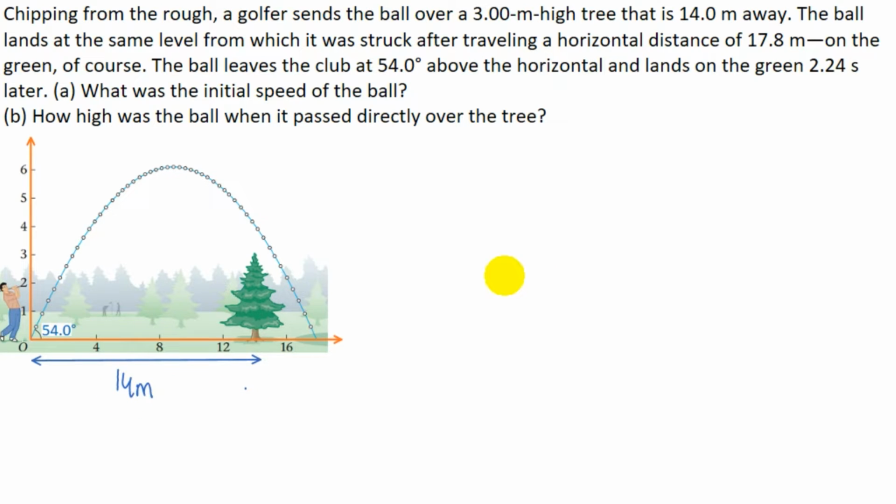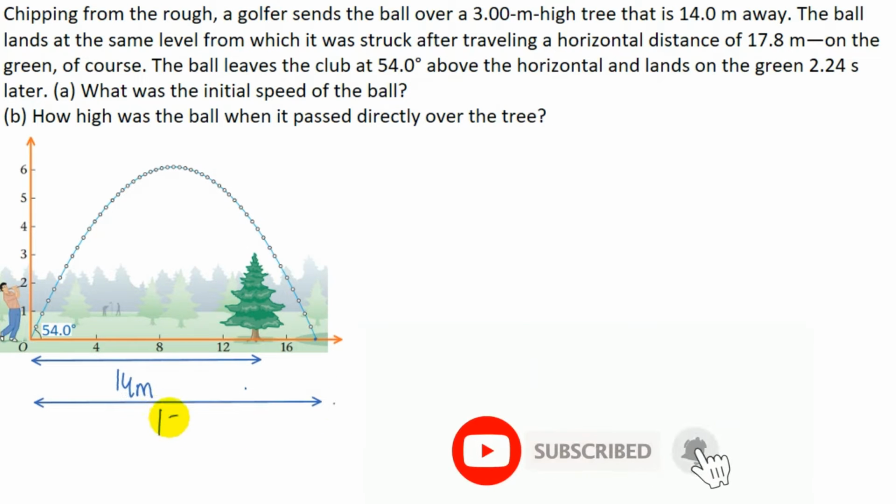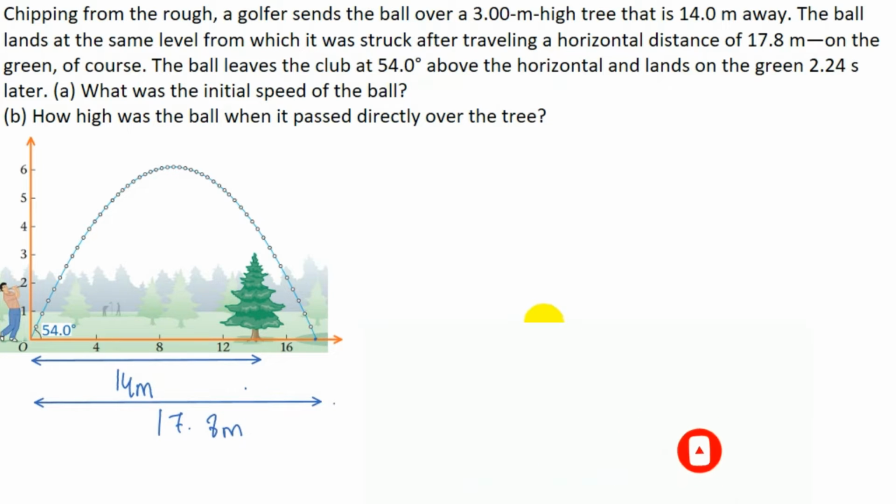And the ball lands on the ground after traveling a distance of 17.8 meters. So here the distance from the origin is 17.8 meters. So this total distance is 17.8 meters. And the time the ball took to cover this distance is 2.24 seconds. So this is the given data, and in the A part we need to find what was the initial speed